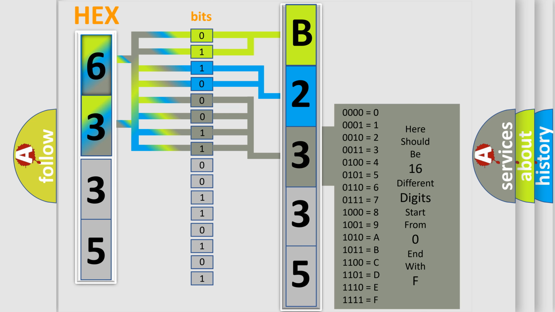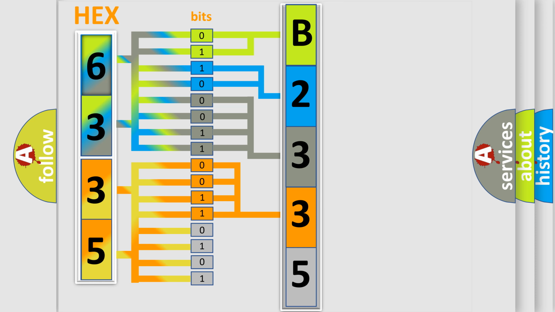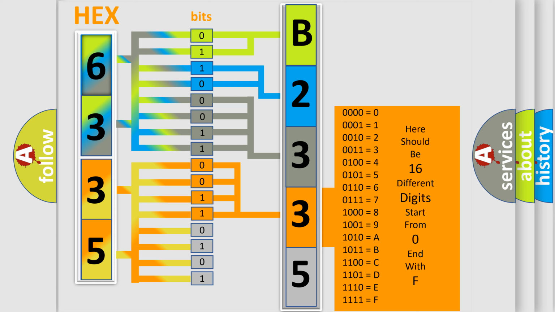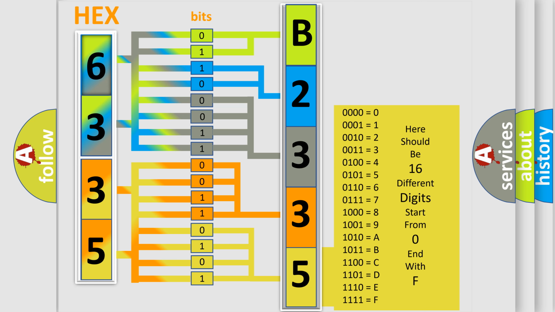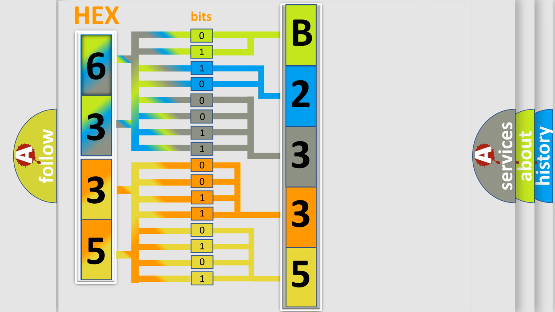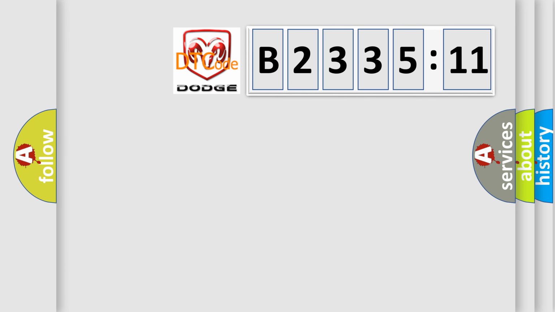The second byte is composed of a combination of 8 bits. The first 4 bits determine the fourth character of the code, and the combination of the last 4 bits defines the fifth character. A single byte conceals 256 possible combinations. We now know in what way the diagnostic tool translates the received information into a more comprehensible format. The number itself does not make sense to us if we cannot assign information to what it actually expresses. So, what does the diagnostic trouble code